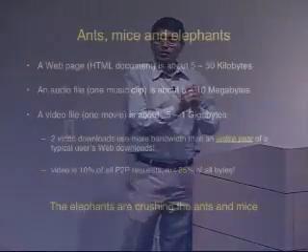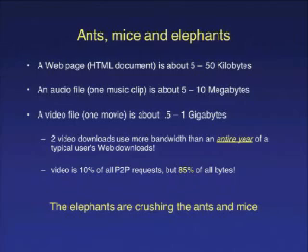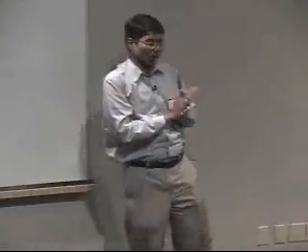Now, when we began to analyze these workloads, based on all the media coverage at the time, we were expecting it to be dominated by a very large number of audio clips. But in fact, it turns out that this workload is dominated by a very small number of very large video downloads. One simple way to think about these workloads is to think in terms of ants, mice, and elephants. A web page is like a 5 to 50 kilobyte sized ant. An audio file is like a 5 to 10 megabyte sized mouse, whereas a video file is like a half to 1 gigabyte sized monstrous elephant.